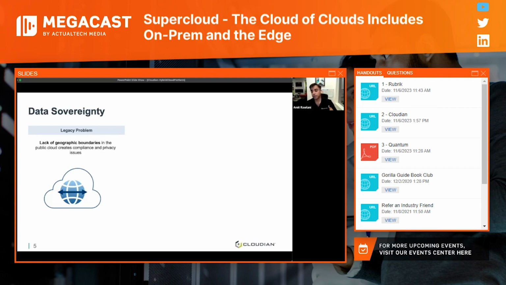This problem has several causes, right? And paramount to the sovereignty clause is something called the U.S. Cloud Act, which empowers U.S. government to subpoena information regarding data stored by any US-based cloud provider, regardless of where the data is located, right? Large-scale data migration to the cloud can be costly and time-consuming, but more important, it can, in some cases, be violating some of the sovereign laws. So that's why it is very important to keep data sovereignty into account, right?